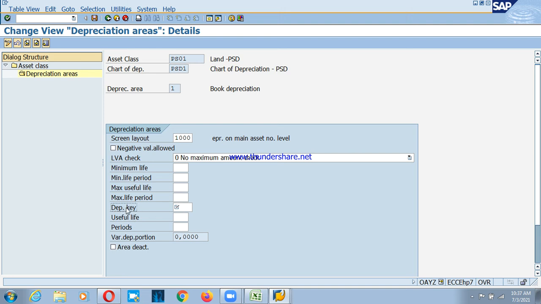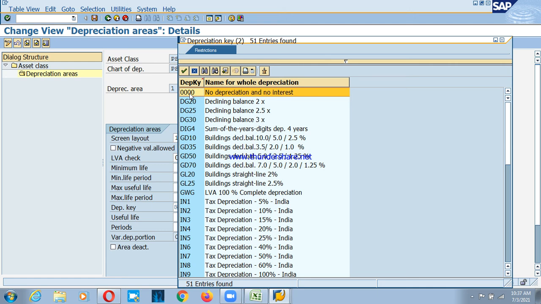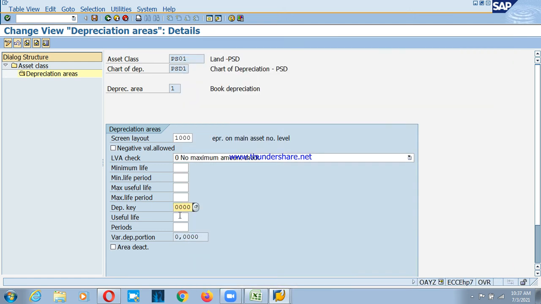Then depreciation key. For land, as I told you, we are not having any depreciation, right? So I'll select 0000, and this is useful life. We can use